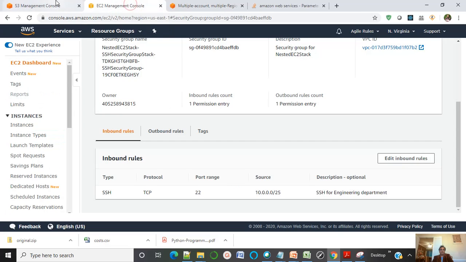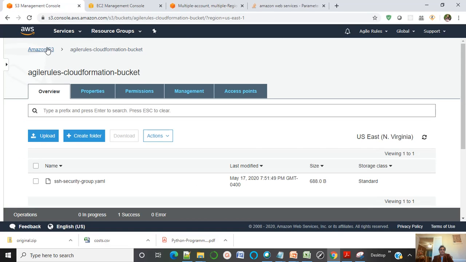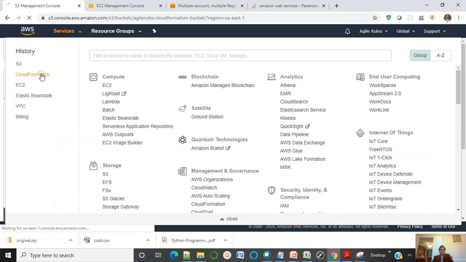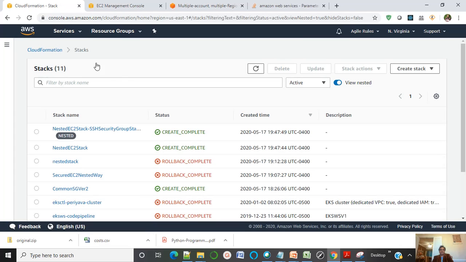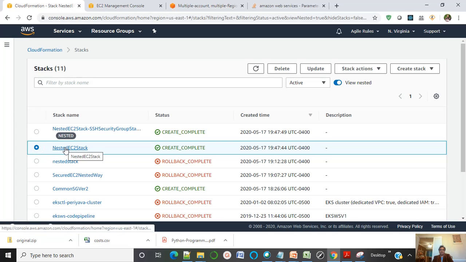So going back to the CloudFormation, now what we need to do is we should not do this. See, it has created two stacks. One is your stack, another is the SSH. It's called nested. You never go and do modify with the nested, never go and do delete with the nested. You always do it with the parent basically. So now we are in the parent. So I'm going to say update